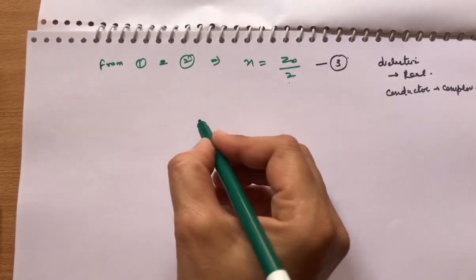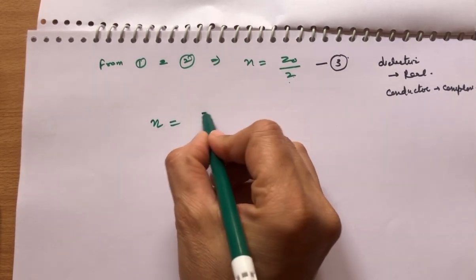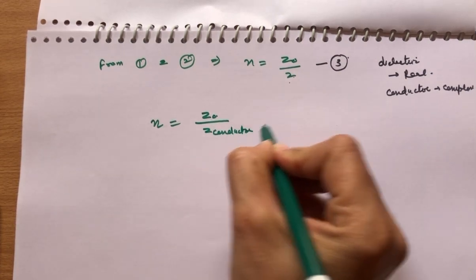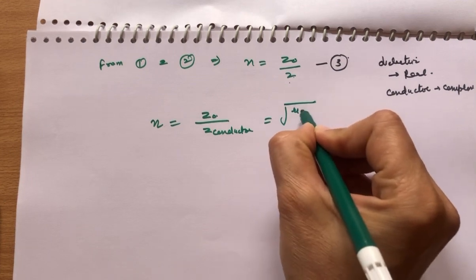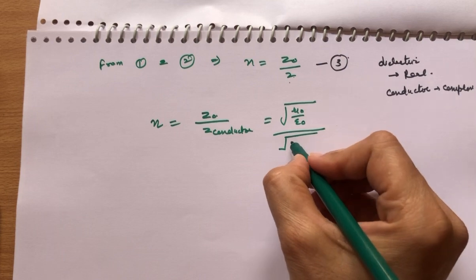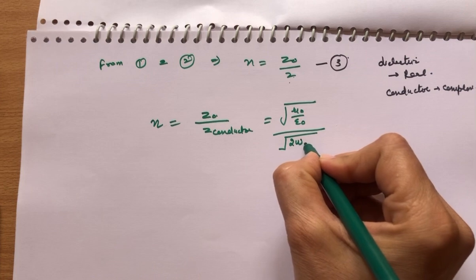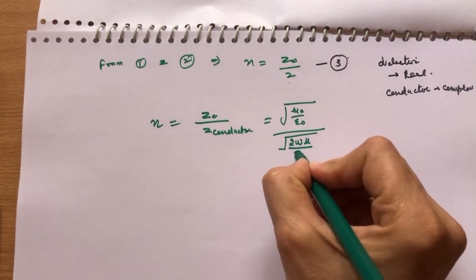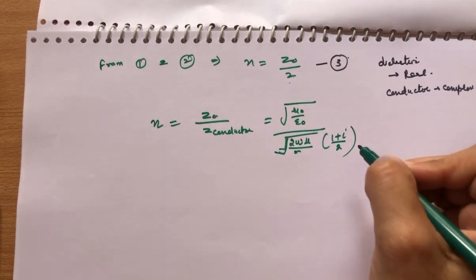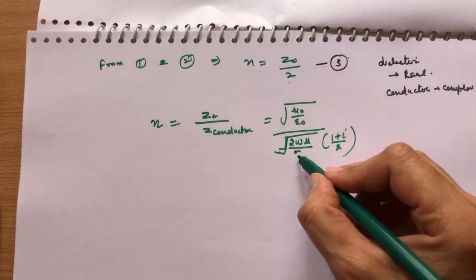So for the refractive index, if the medium is a conductor, then you can write z naught over the impedance of the conductor. Now for free space we know it is root of mu naught over epsilon naught, and for a conductor we have already derived the relationship that this is equal to the square root of 2 omega mu over sigma, into 1 plus iota by 2. We have done this, 1 plus iota by 2 under root 2 omega mu by sigma.